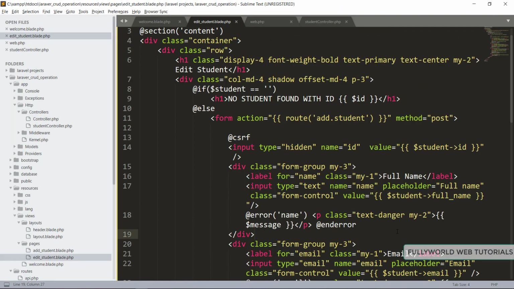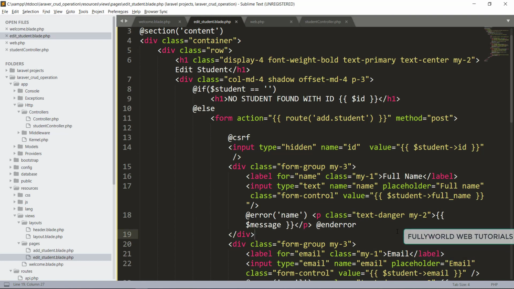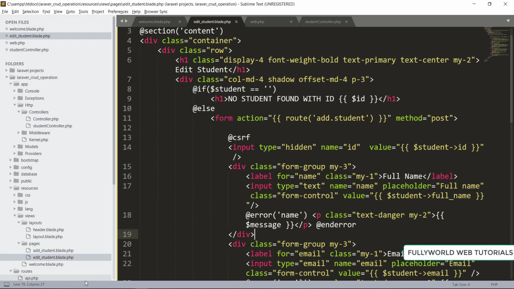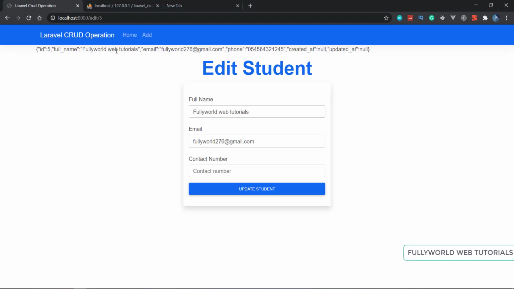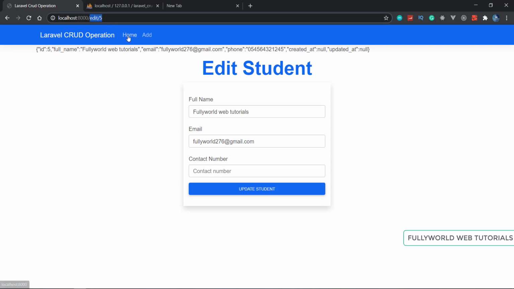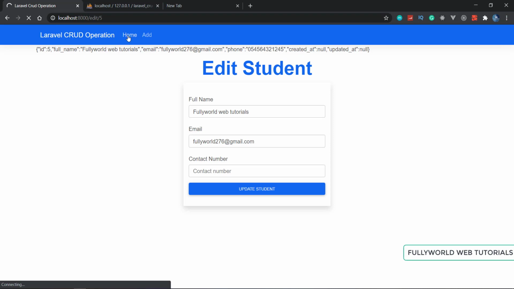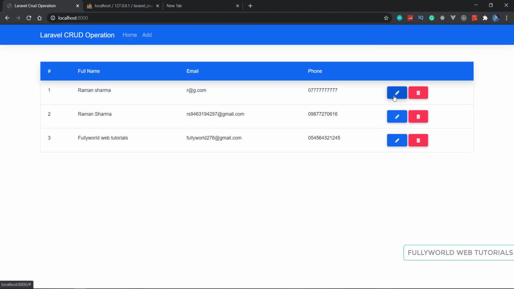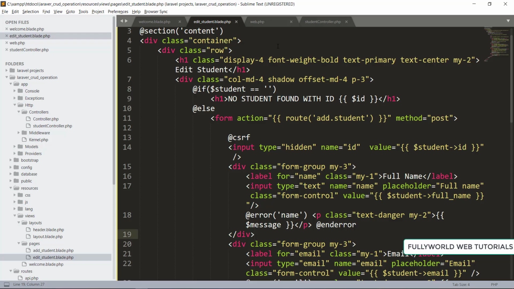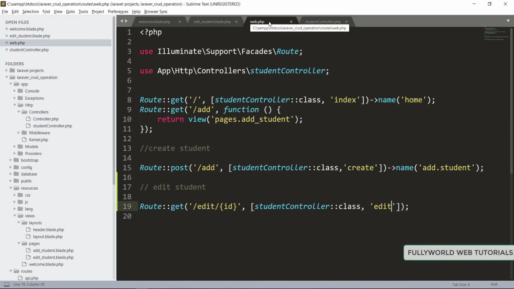Now there is one thing pending that we have to do before updating the data here. See that here we are getting the student with the help of this added slash when we write this. But we are not getting it from here. When the user clicks on this one, it is just refreshing our page. So we haven't set this route here. Now we have to set this route also. How can we set this route here?